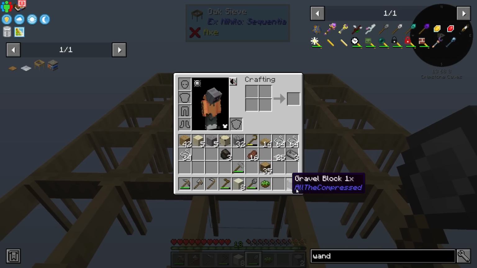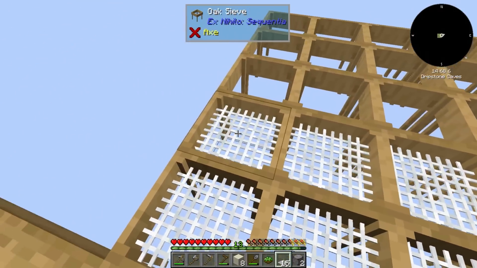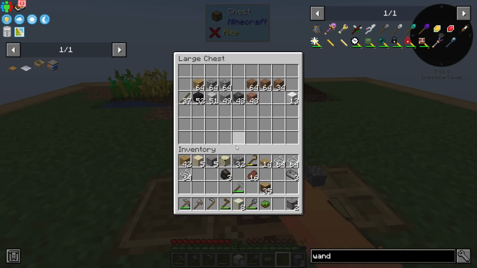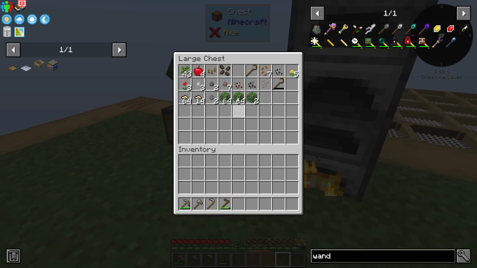Cool. And then we'll just go ahead and actually grab our string mesh here. You know, get these in here. You just right-click them in. You can shift and right-click to get them out as well. And we'll have to upgrade these anyway to get to different materials. But anyway, I need to clear out our inventory as much as possible. There you go. Then we're going to go ahead and go into...